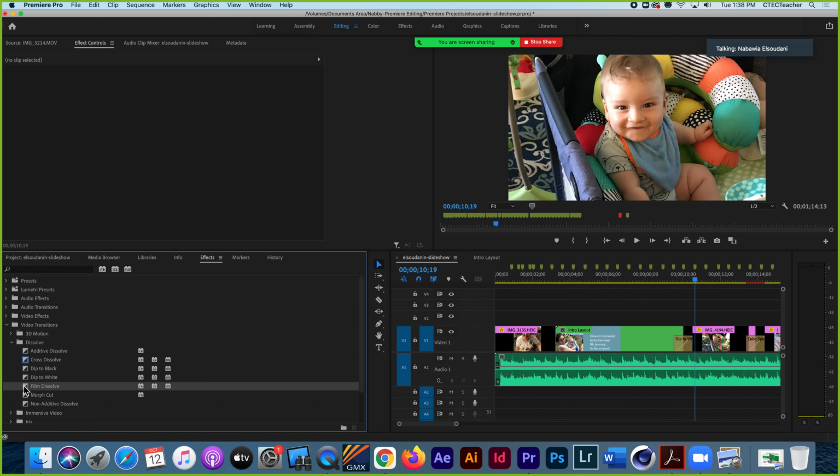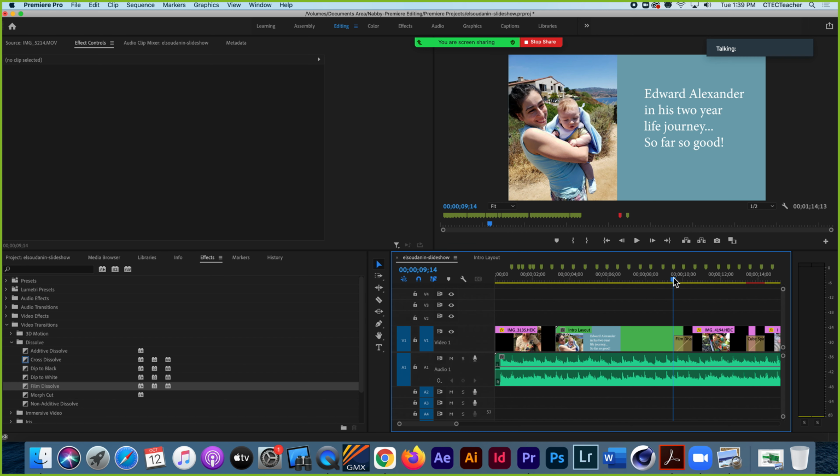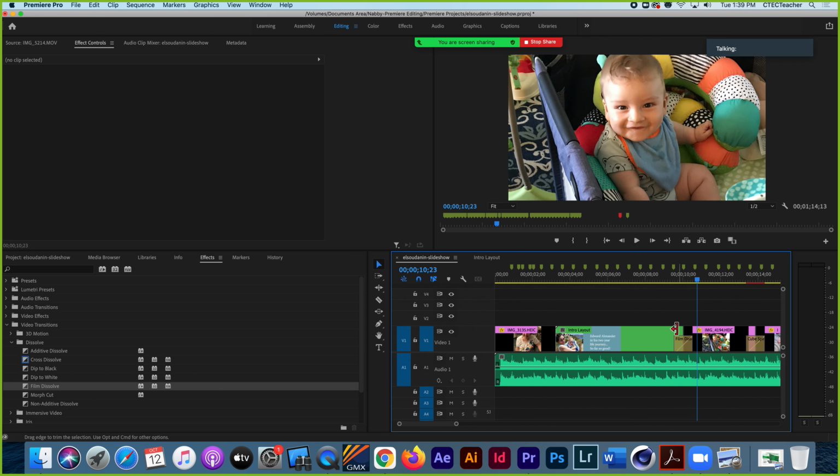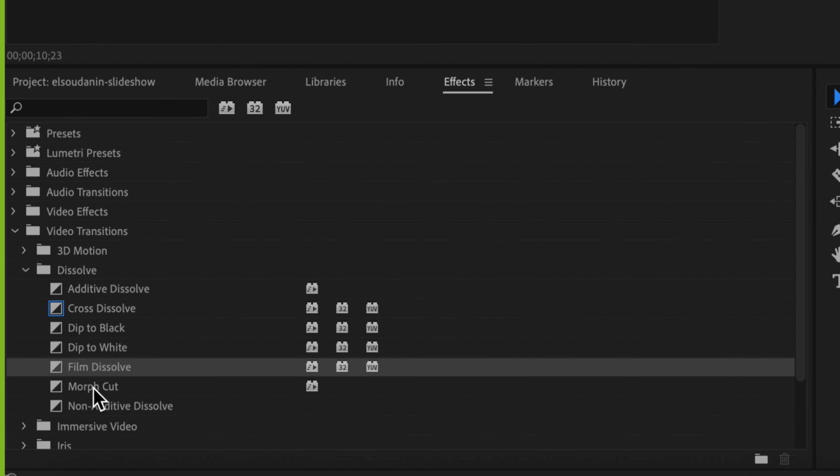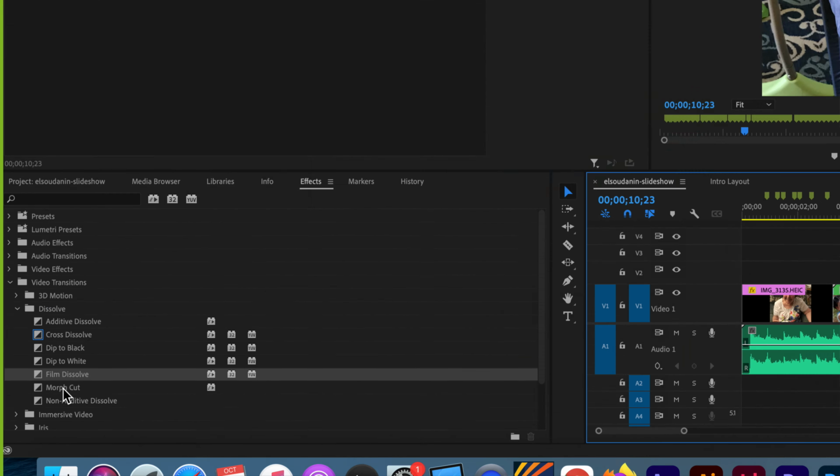And film dissolve. Let me just delete this. Select it, delete it, and drag in film dissolve. It's a different looking dissolve there. It's like film exposure. This one is new, Morph Cut, and it's